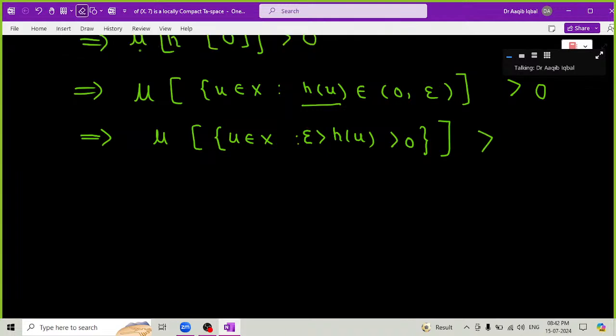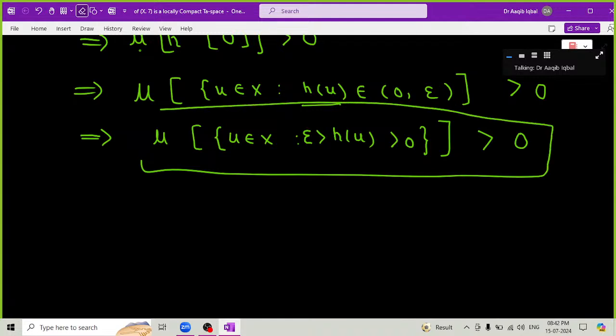And this is positive. The measure of this set is positive. Now you keep in mind this information. This set has positive measure. And in view of this information, now tell me, if you take a look at this, the set of all those u's in x such that f of u is not equal to g of u,